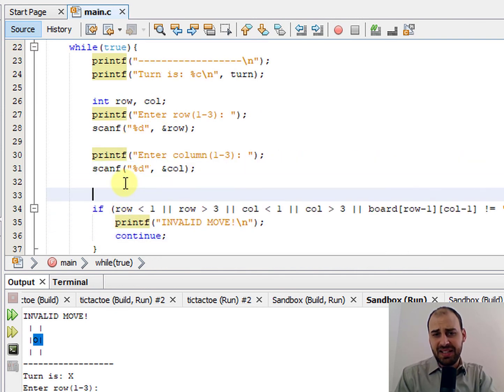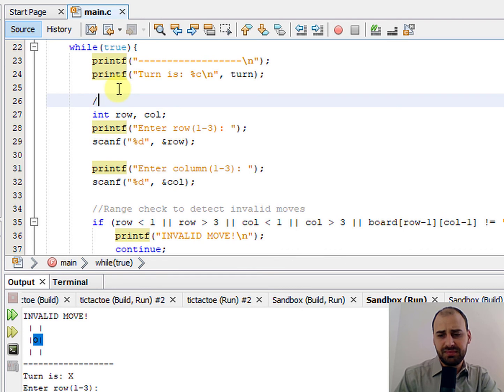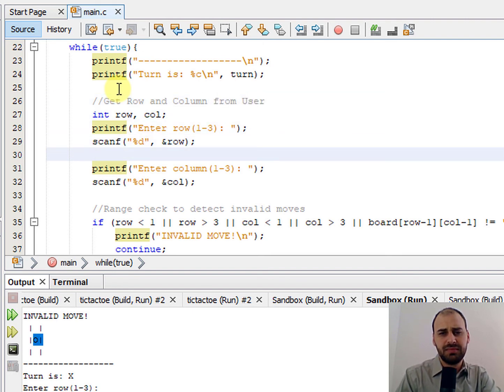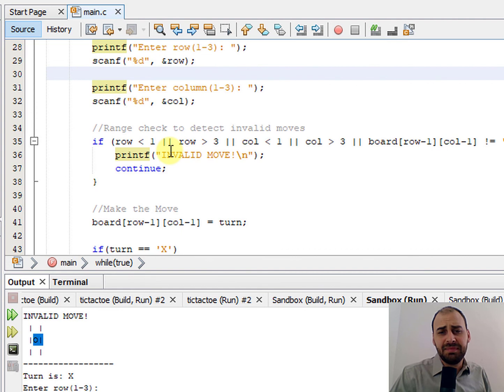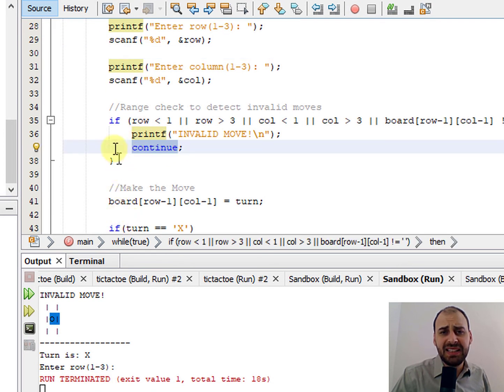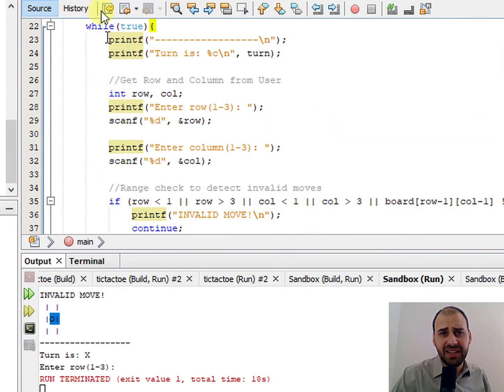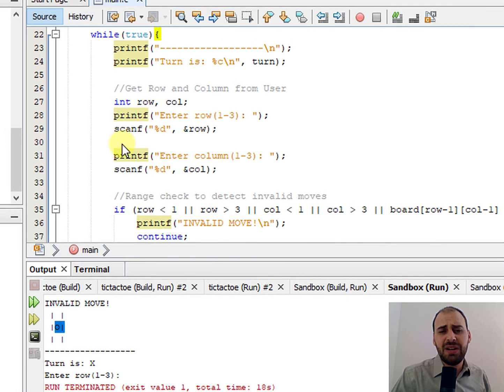Now, let me comment here as well, just to keep the code organized. Range check to detect invalid moves. Now we'll see that with continue, it'll hit that line and immediately stop this iteration of the loop, come back around and run through the loop again. So if I run this,